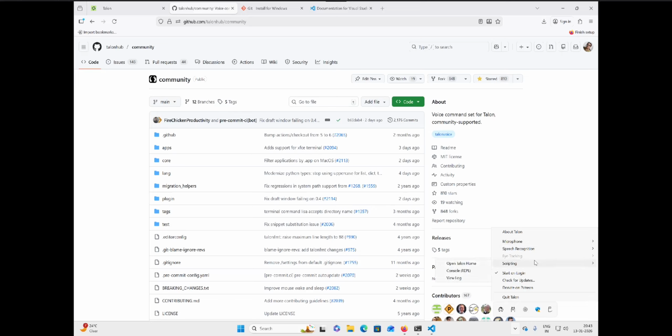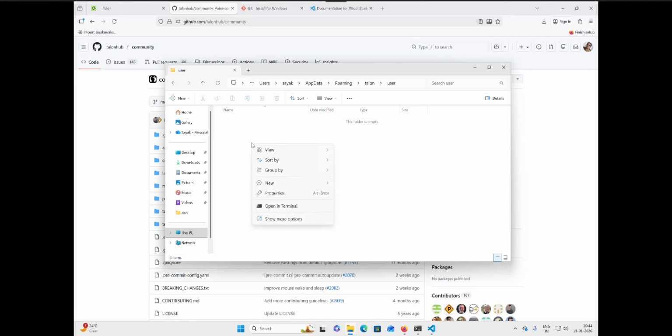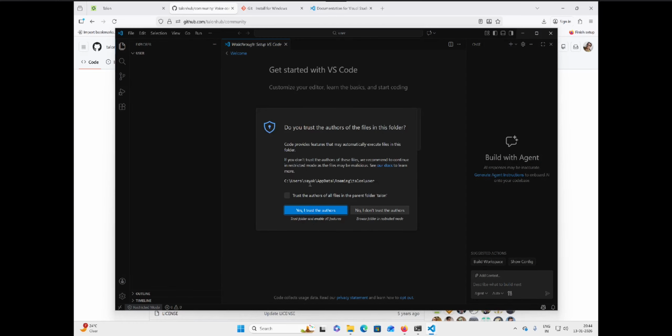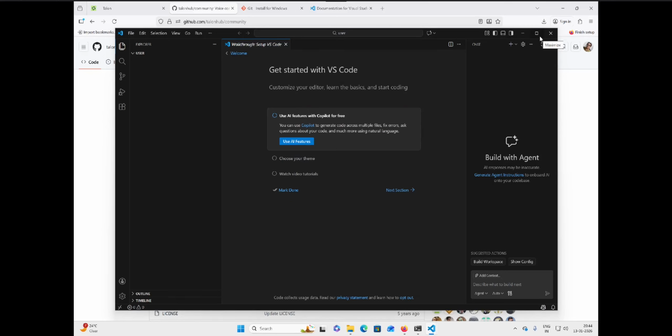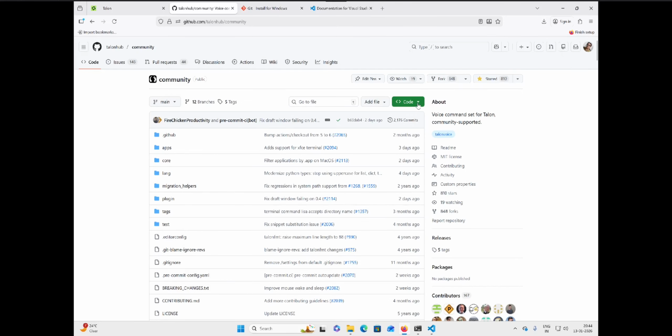I'm going to go to scripting to open the Talon home directory. Then I'm going to open the Talon user directory. Then I'm going to right click on this empty folder and click on show more options and say open with code. I'm going to trust the authors since I am the author. I'm going to minimize this for now, minimize Explorer, and then